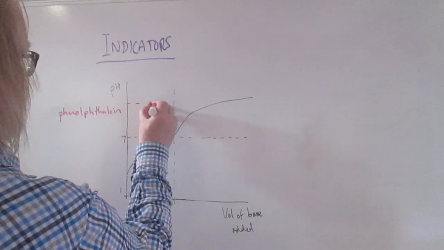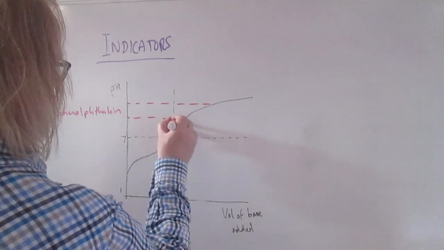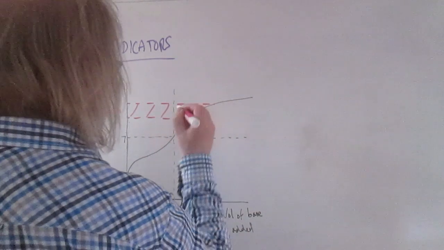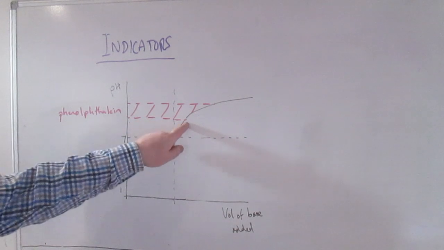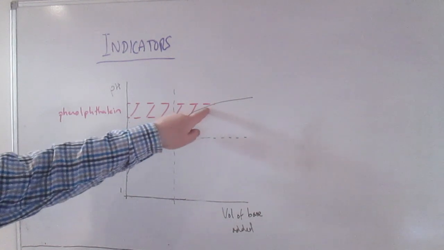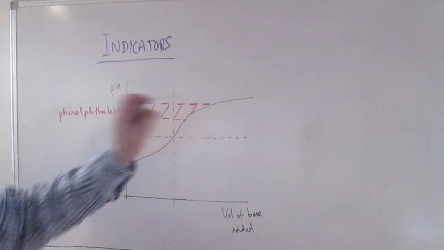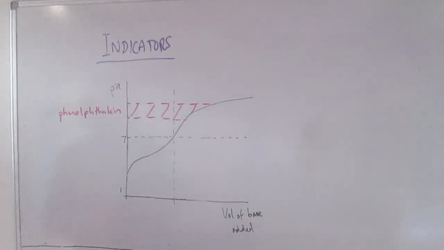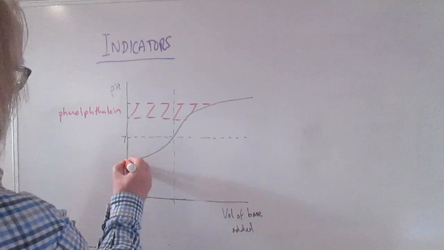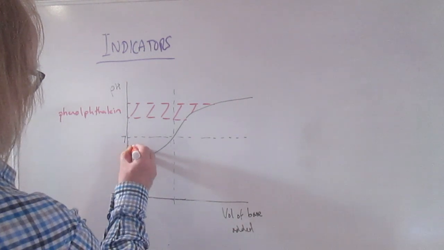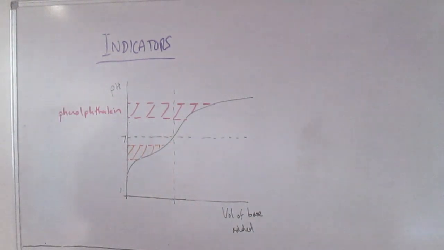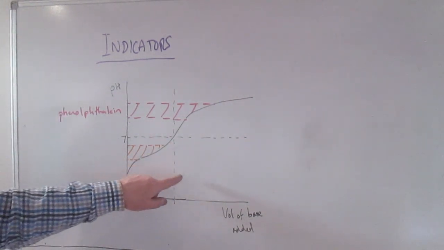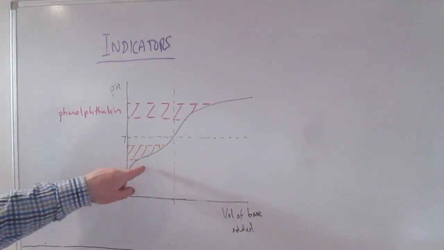So if we used phenolphthalein with its range up here, then you can see the problem is that we've missed the end point by the time the colour change starts to occur, and then it occurs very gradually over this broad range of volume rather than occurring within a drop or two. If we tried methyl orange instead, which would be sort of down here somewhere, then it's the opposite situation, that it starts changing much too soon, long before we reach the equivalence point, and again it changes